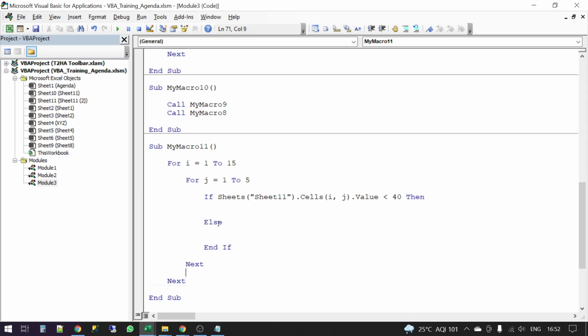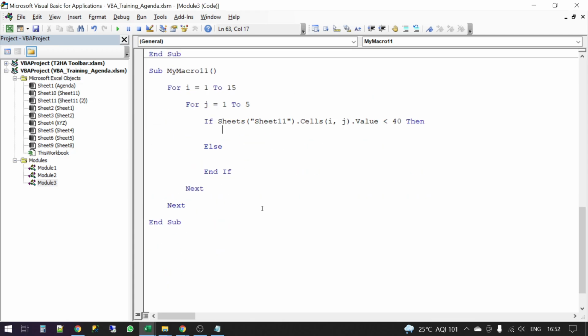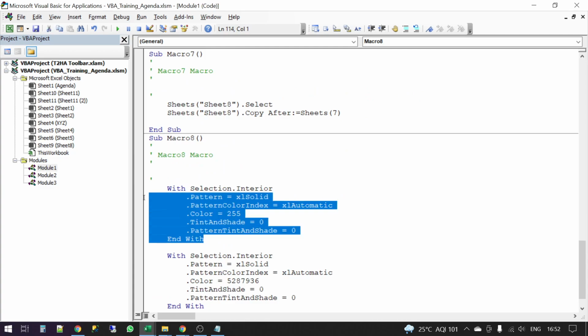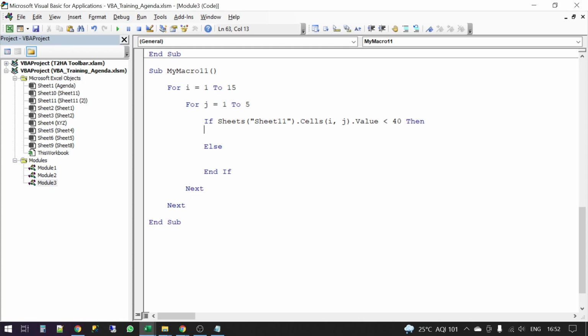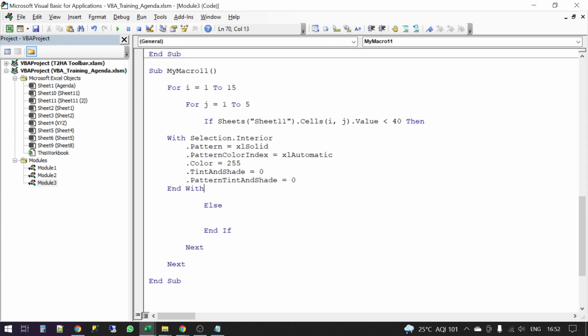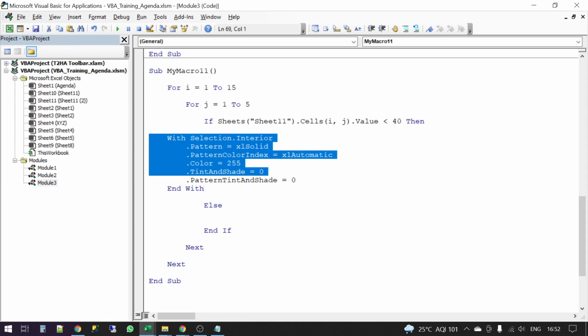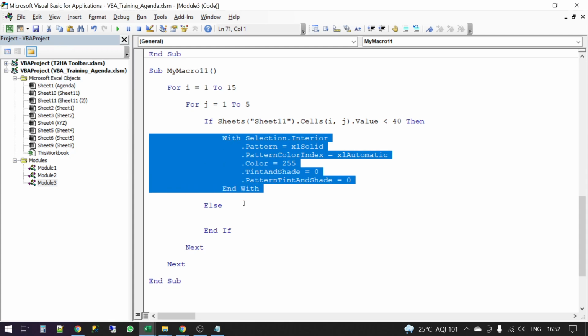So conditional formatting is split into three tasks. One is checking each cell, second is checking a condition, and third is performing the formatting action, which is what we are trying to do here, right? Okay, so let me proceed with this. If the value is less than 40, what you want to do is color red. I'll copy this whole thing here. I'll just tab it properly so that it's easily distinguishable.